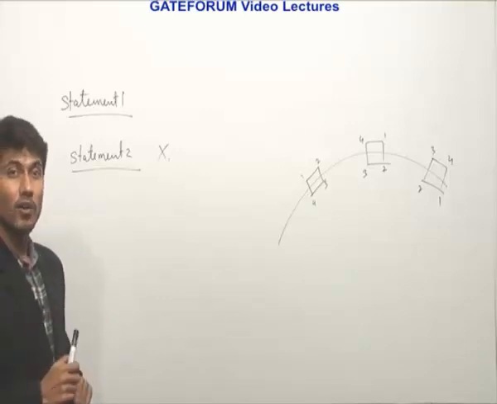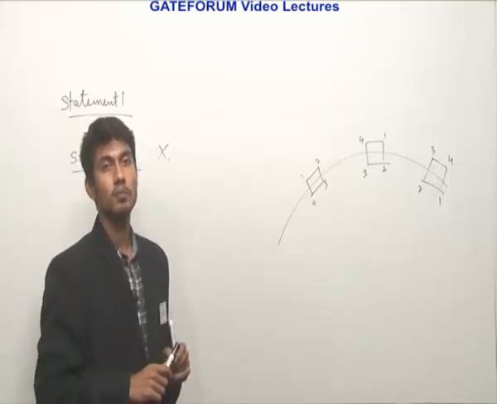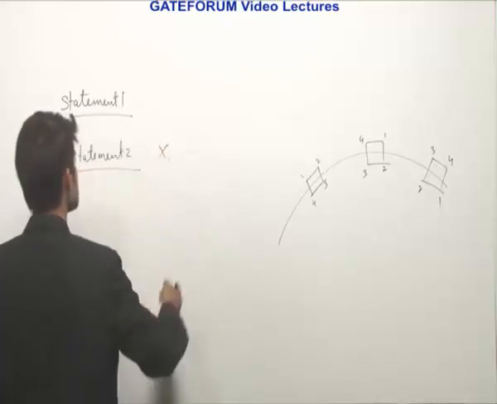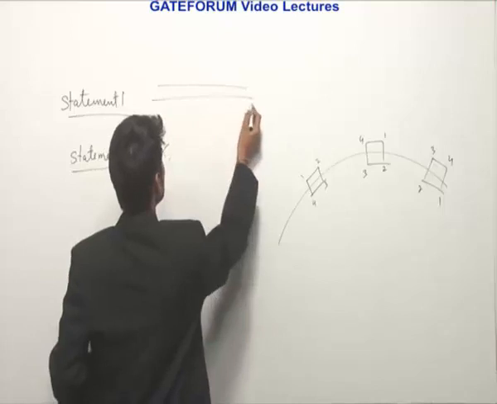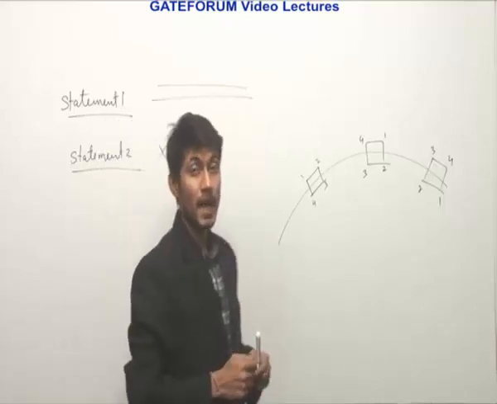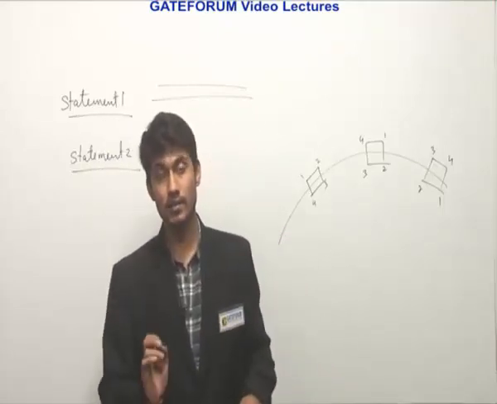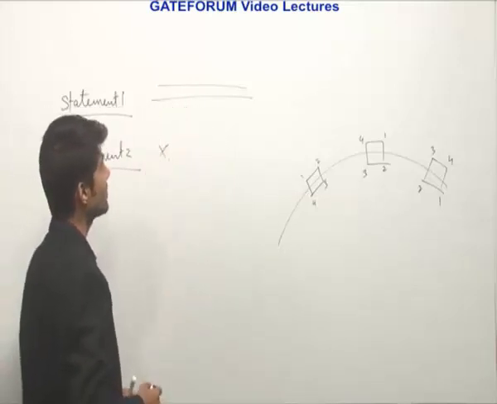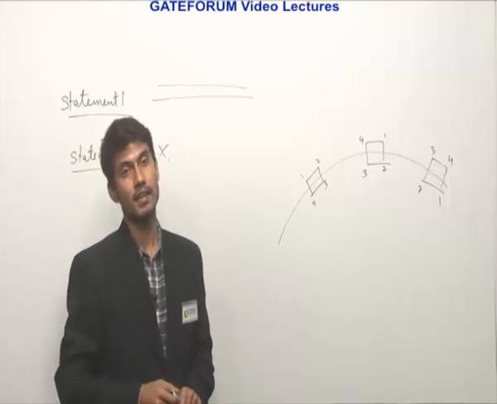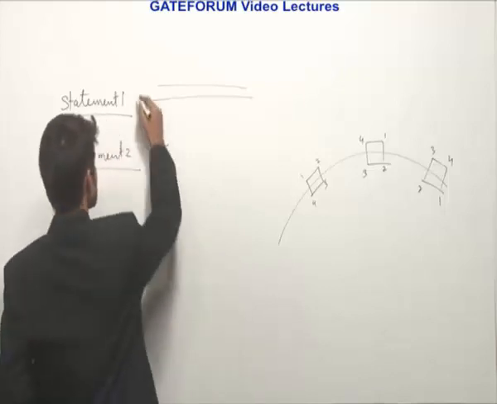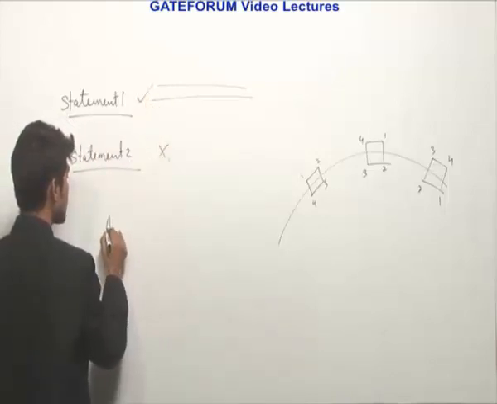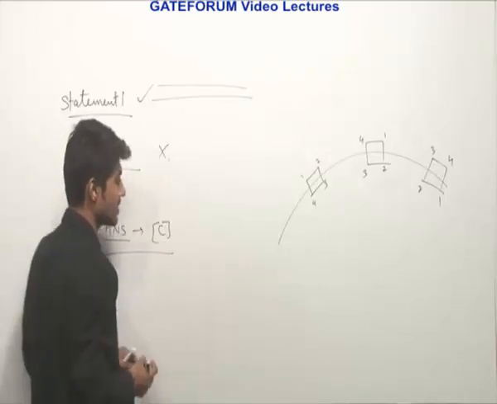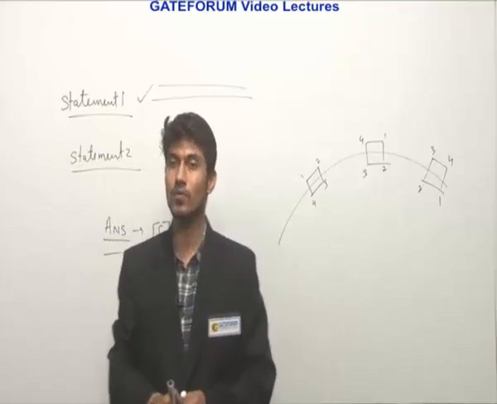Statement 1, non-viscous flow between two plates held parallel with very small spacing between them is an example of irrotational flow. Yes, it is one of the assumptions, and since the flow is given as non-viscous, that is the main reason why the flow is irrotational in nature. So our answer becomes statement 1 correct, statement 2 is false. So our final answer will be option C, which suggests statement 1 is true and statement 2 is false.